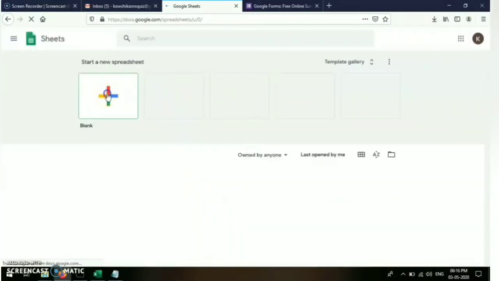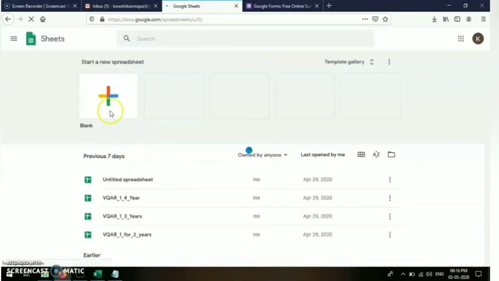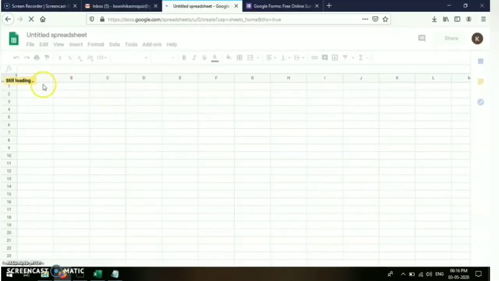We'll start with the new spreadsheet. So this is my new spreadsheet.